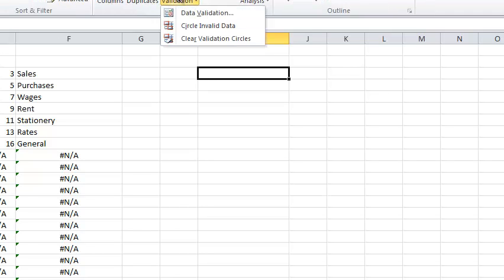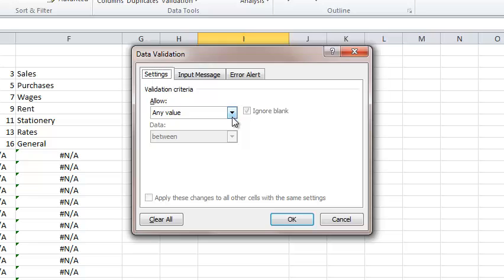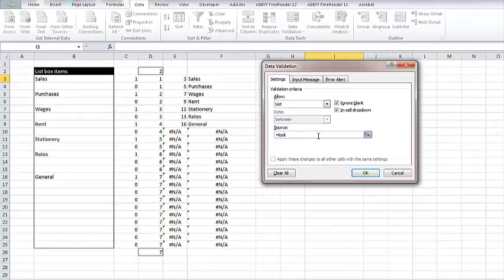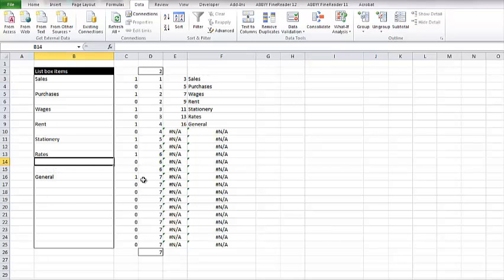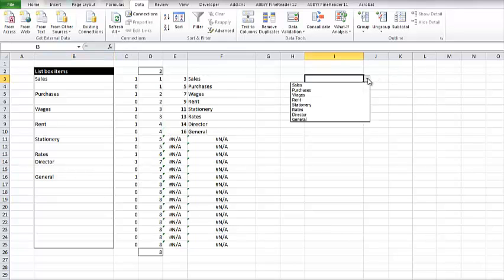Well, now, just to show you it works, put in a list with a drop down list in this particular cell, and we'll reference lookup, which is the name we just created. So as you can see, there we are in the drop down. We have non-zero items come into the list, so I'll put another one in just to show you that it sorts in correctly. And there we have it, director goes into the list. I found it to be quite useful. Hope you